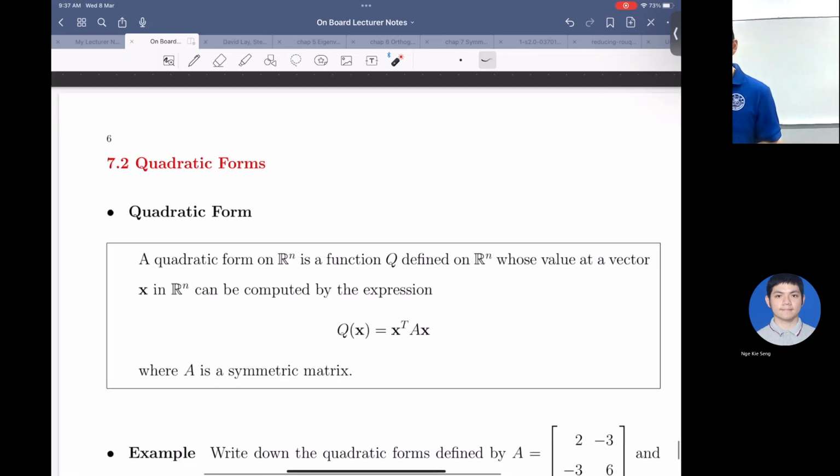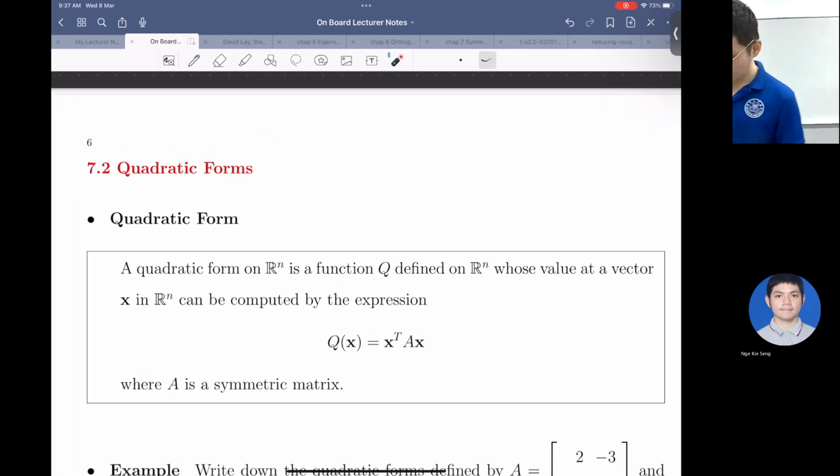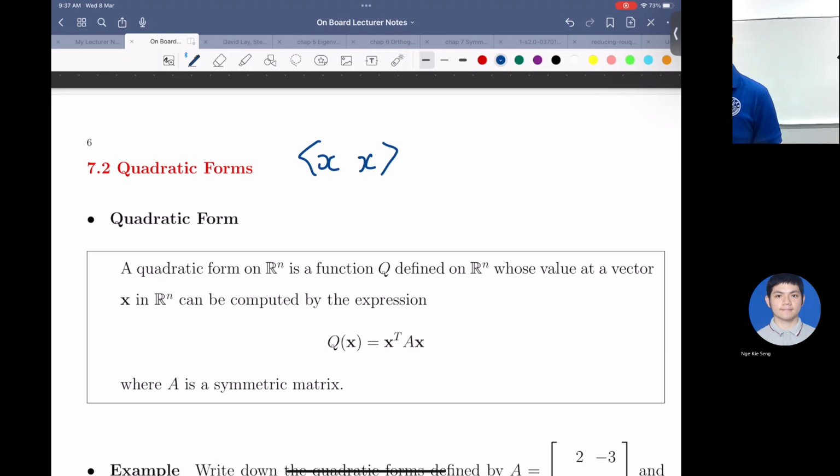So next, we introduce the quadratic form. So what's the quadratic form? It's everything that looks like x^T times the matrix times x. So you will see that this is very much like the inner product on Rn. Inner product is what? So the inner product between x and x in Rn is